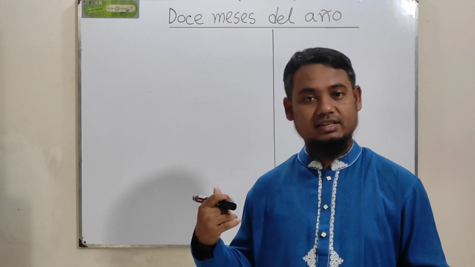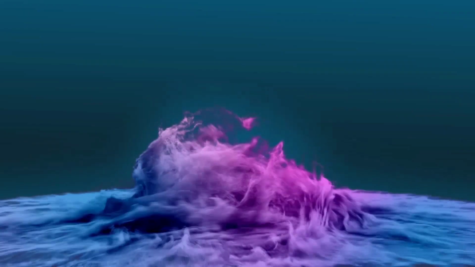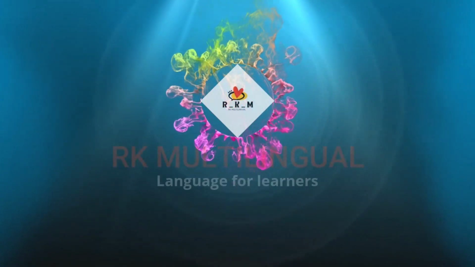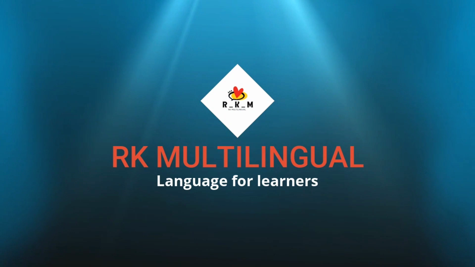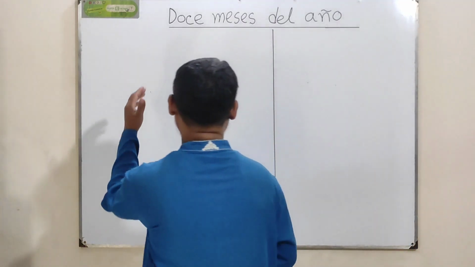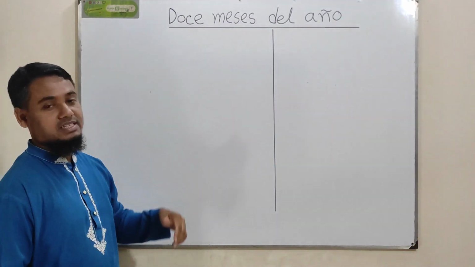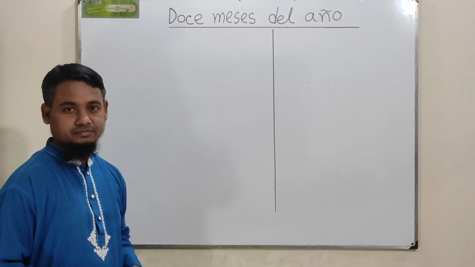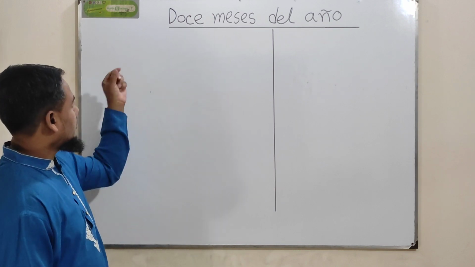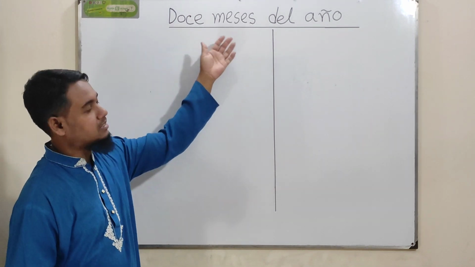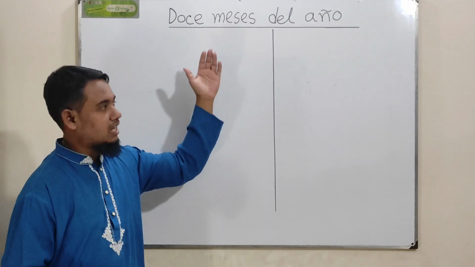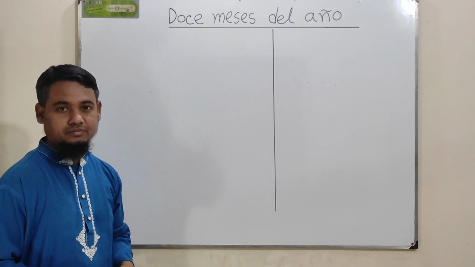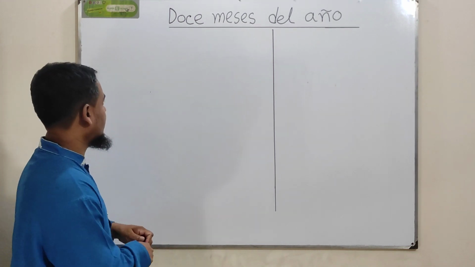So dear viewers, let's get started. Dear viewers, already I have written a caption here, 12 meses del año. That means 12 months of the year. In Spanish language, 12 means 12, meses means months, del means of the, año means year. 12 meses del año. So, número uno is